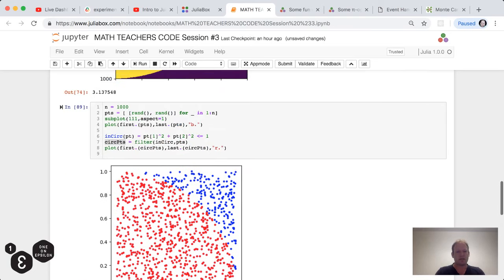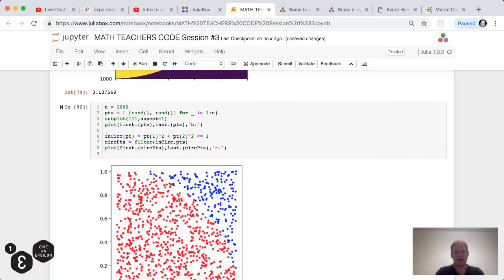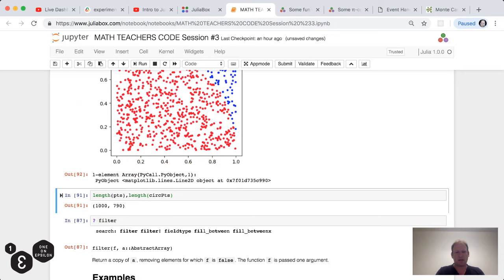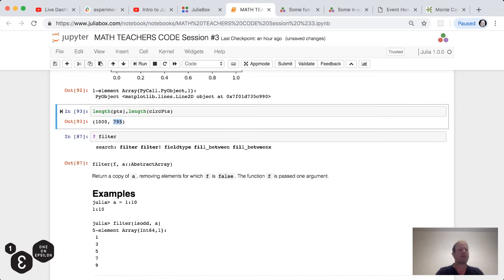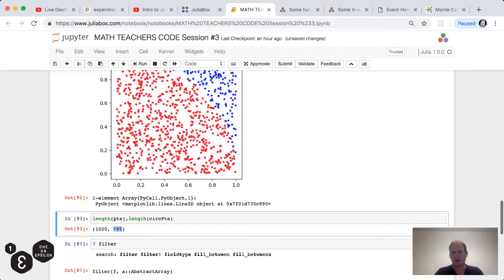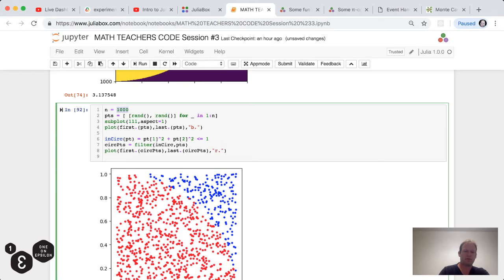Now there's randomness involved, and we're not using the same seed here. So if I run this again, I get a slightly different image. And if I run this command again, I get a slightly different number, not 790, but 795. Oh well, 795 doesn't differ so much from 790, right? Because of the law of large numbers, on average we're going to get something which is quite close to the expected value, especially when you've got n in the thousands, certainly if we had n